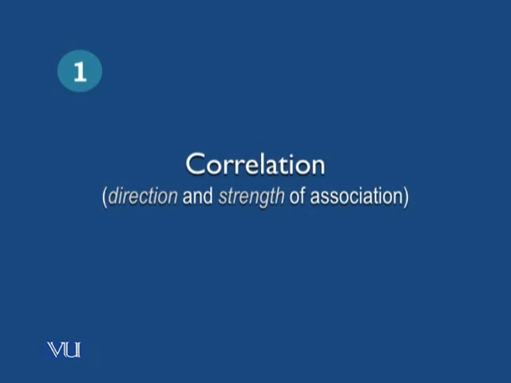So the first thing I want to talk about is correlation, which captures our intuitive understanding of how two variables are related together or how they are associated. Up till now in this course, we have only talked about a single variable. We've talked about using descriptive statistics to summarize information about a single variable. We've also talked about estimating the general properties of a population while knowing a sample about a single variable. Such statistics is known as univariate statistics.